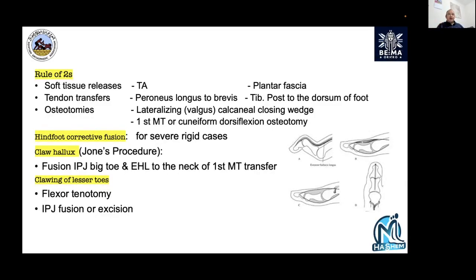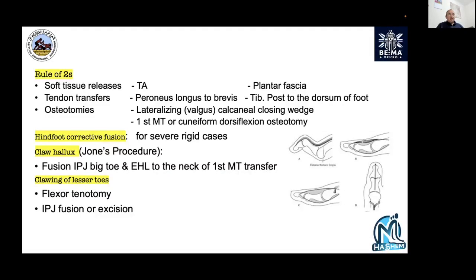Osteotomies, if you will do, you have two osteotomies to do: either a lateral displacing osteotomy of the calcaneum to correct the heel varus, or a first MT or cuneiform dorsiflexing osteotomy to correct the plantar flexion of the first ray. And definitely in the severe or rigid cases, the option you have is a hindfoot corrective fusion or triple fusion. So you will have a clawing of the toes,